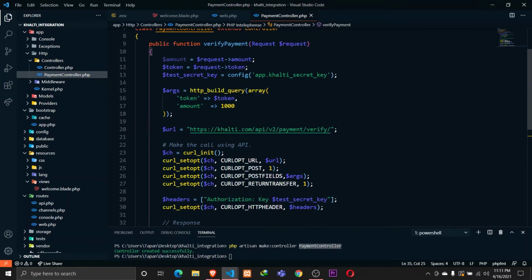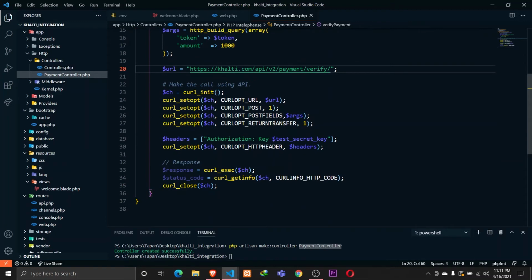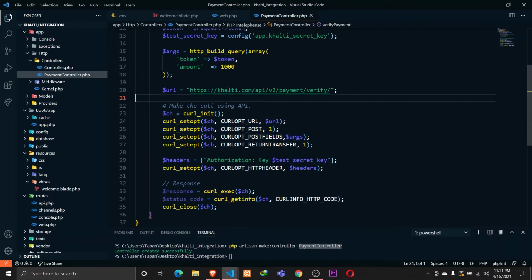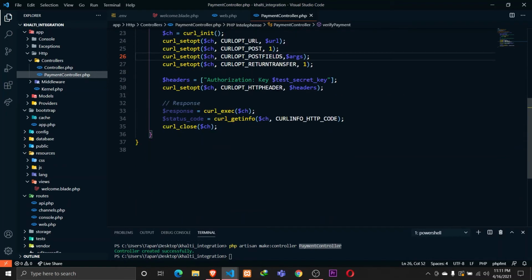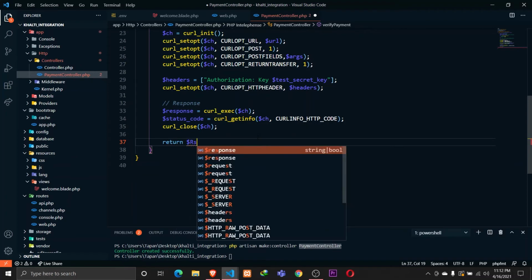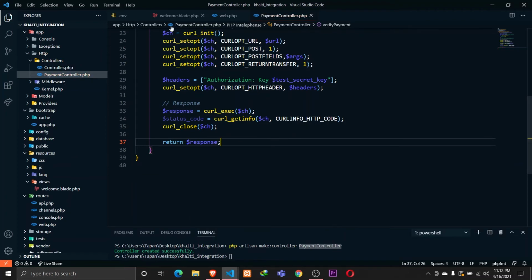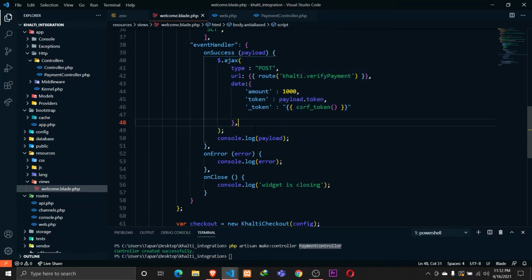And here, as you can see the flow, we are making a post request to this URL. So once this request is made, we'll be getting the response here. So we have this response, and we also have the status code, and at the end let's return the response, and this response is received in this AJAX function. So here